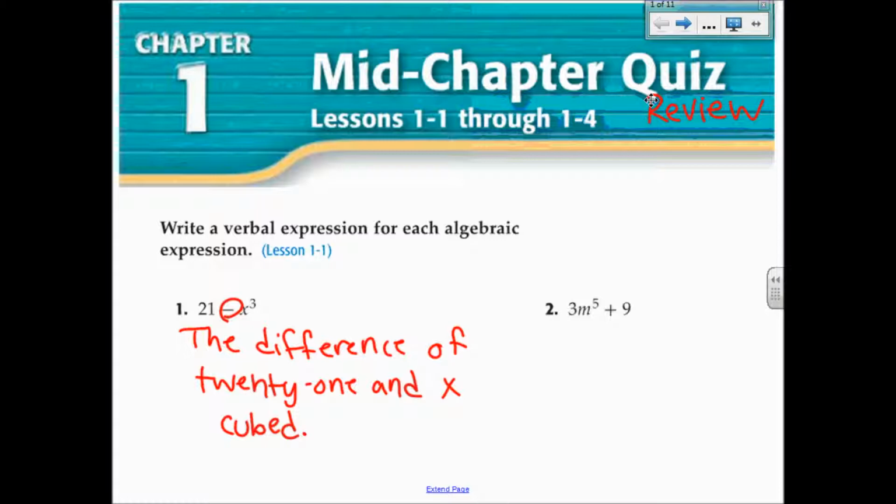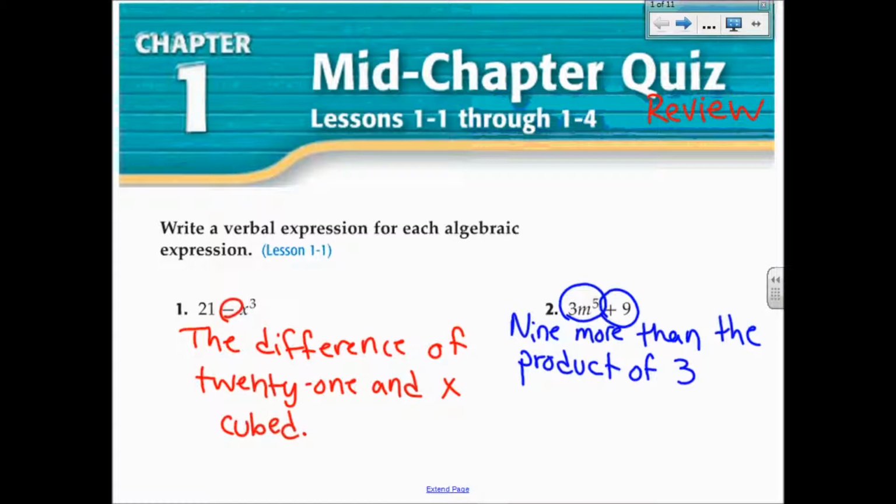In number 2, we're doing the same thing, and it's a little bit tricky. So what I would start with is this part here, plus 9, and I would say that it is 9 more than, and then this part over here, 3m to the 5th, I'm going to say is the product, because they're being multiplied, the product